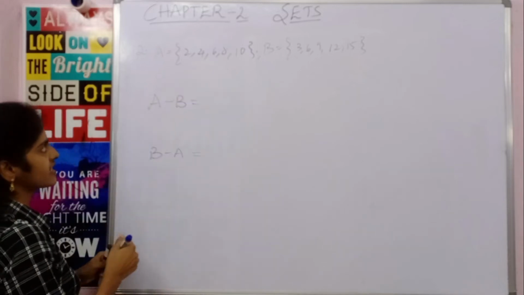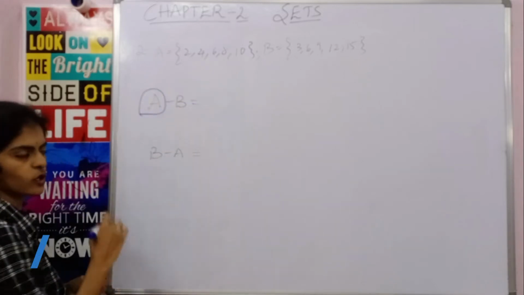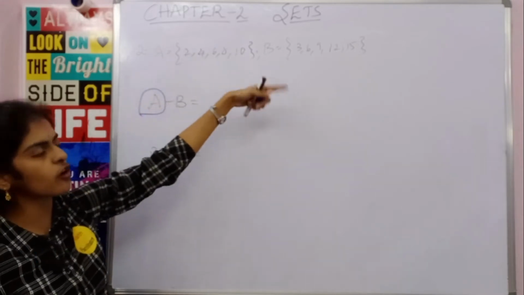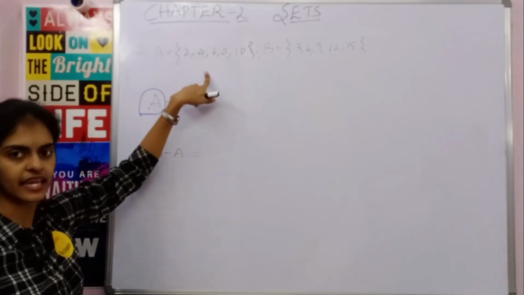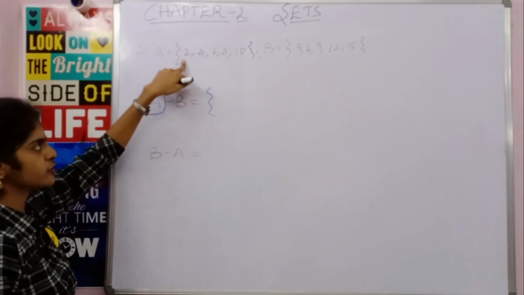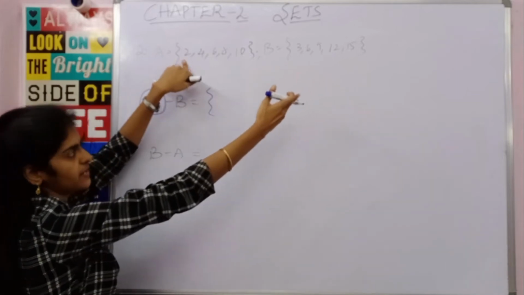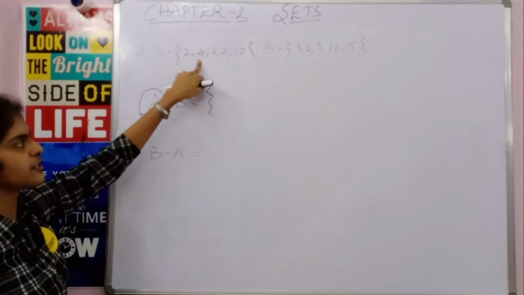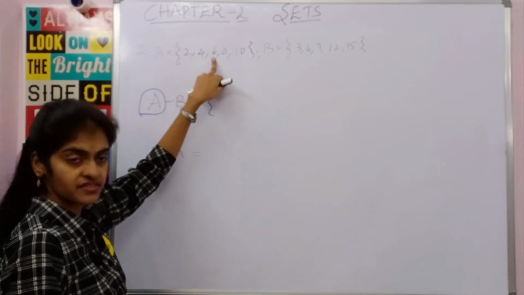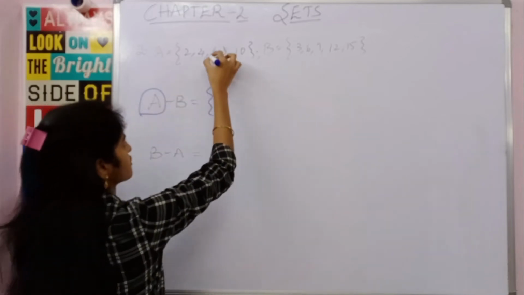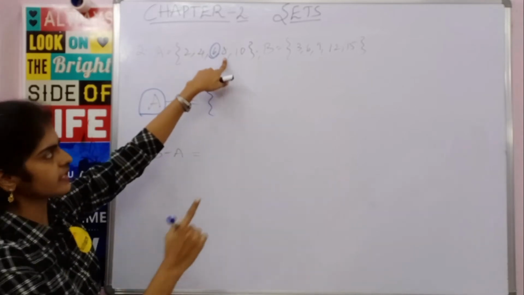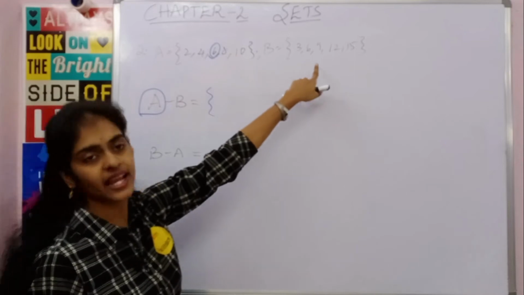So you will consider only the set of elements of A, and you will remove the common elements of A and B from the set A. Now let us see. Only you will take set A. Now in set A you have 2 and there is no 2 in set B, so 2 is not a common element. You have 4, there is no 4 in B, so 4 is also not a common element. Here you have 6 and here in set B also you have 6, so 6 is a common element of both A and B. Now you have 8, there is no 8 in B, and you have 10, there is no 10 in B.